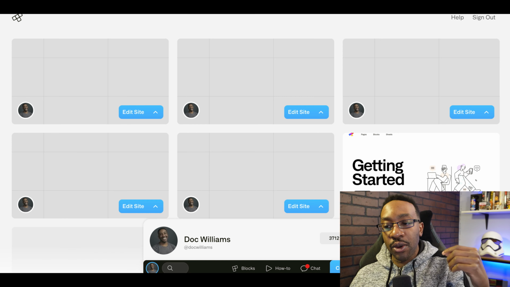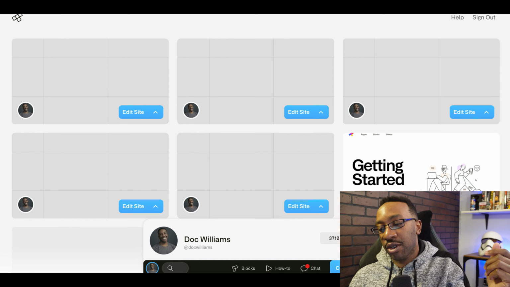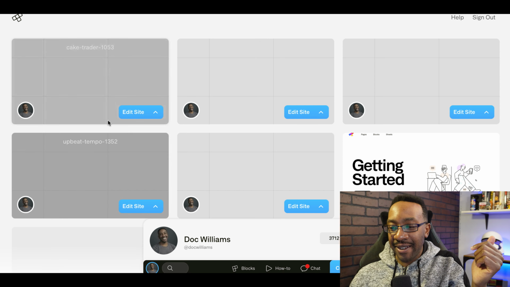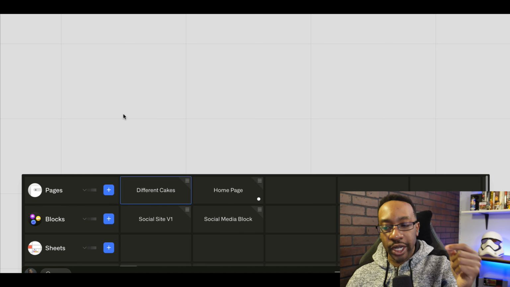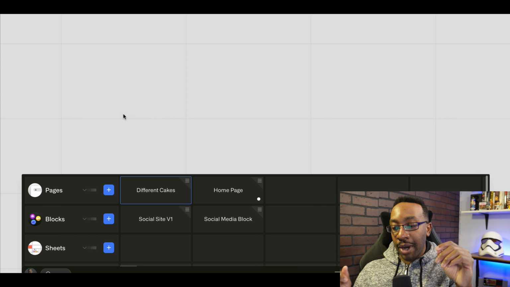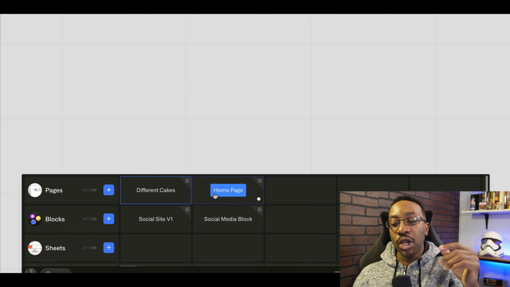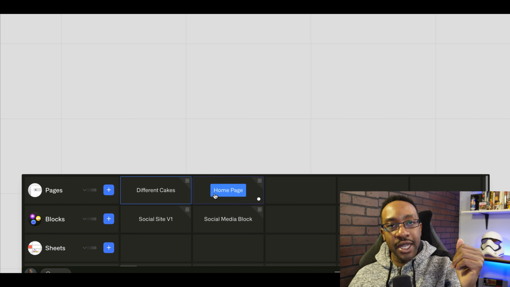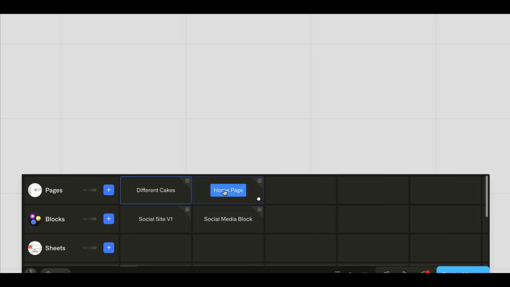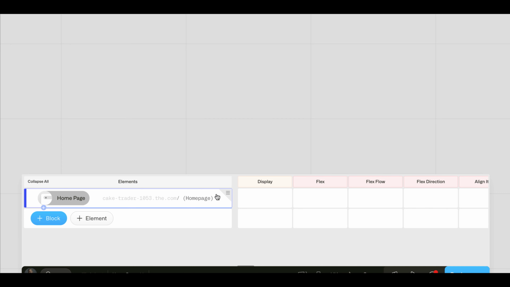From there, you're going to select one of the sites that you're creating, or you can click the button, Create New Site. I'm going to go into a site that I'm working on right here. Now I am going to be taken to my worksheet, and I'm going to be able to go into one of the pages of the website. Once I click one of the pages, I'm going to click Homepage. This is going to allow me to, again, have full control to get started with creating that experience,